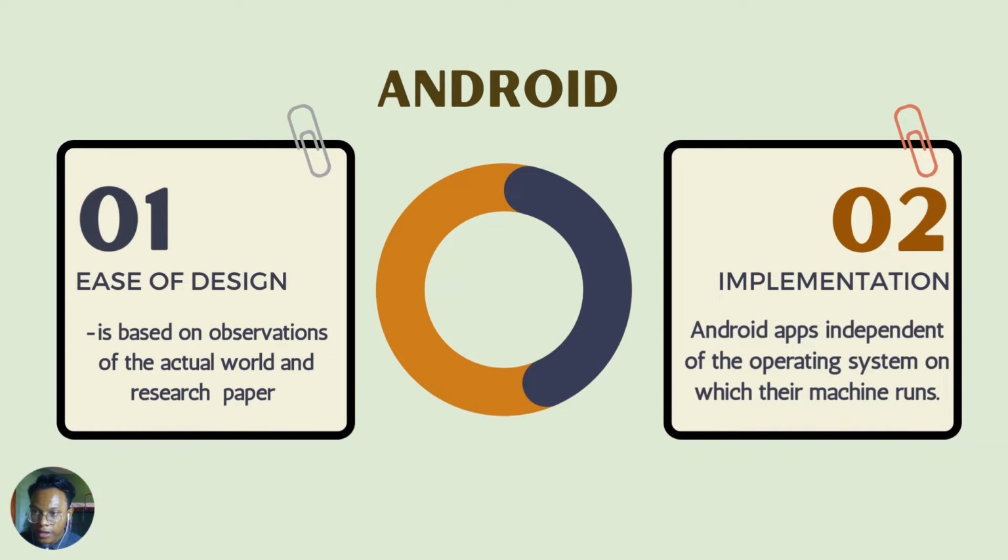Android design or implementation, compared to iOS, is based on observation of the actual world and research into paper as layers that create the structures of the entire system. It develops an intuitive user interface for the application by using realistic shadow, light, motion, and layer devices. Motion and color in particular play a crucial role in attracting user attention and animating a static interface.